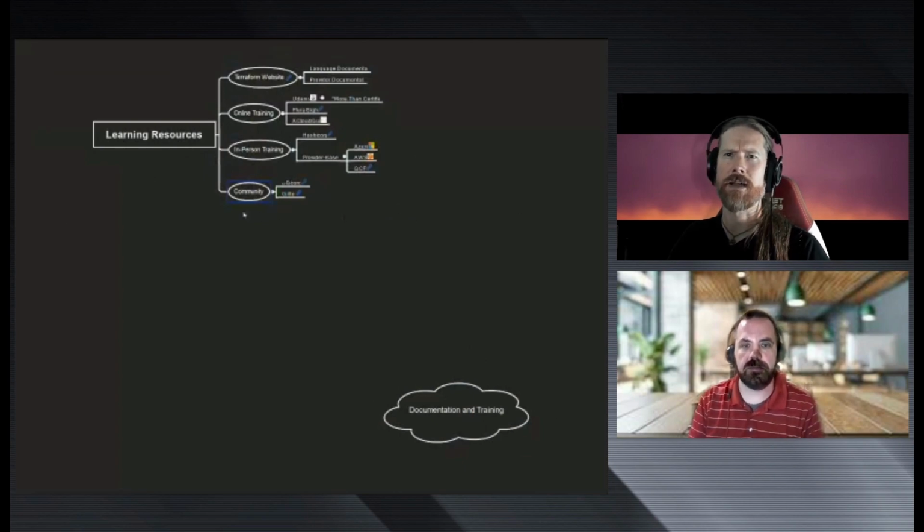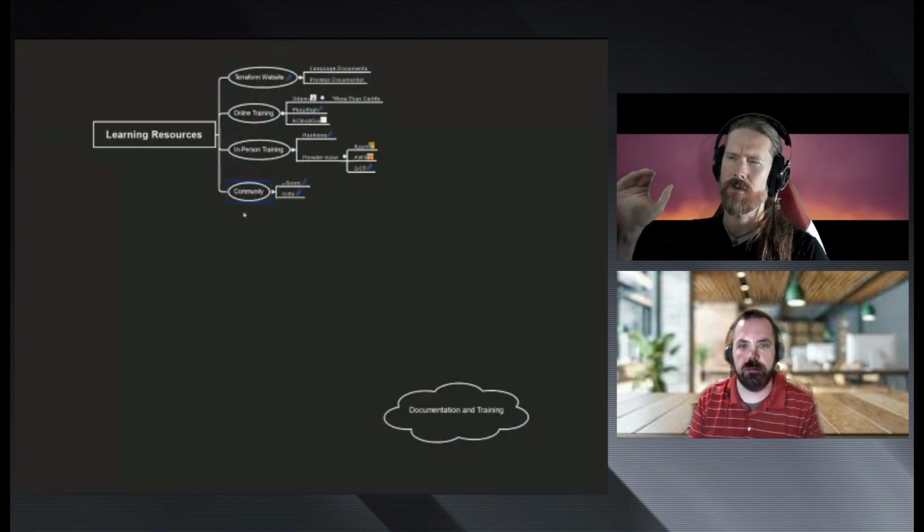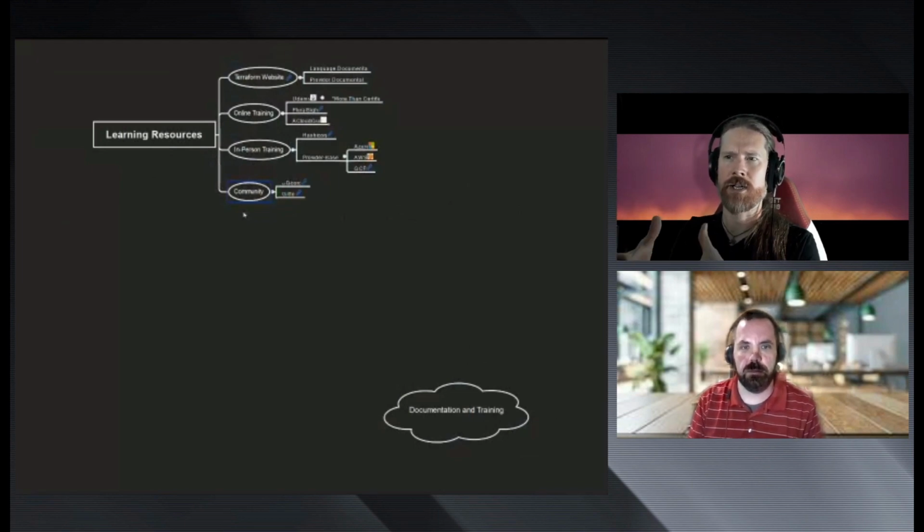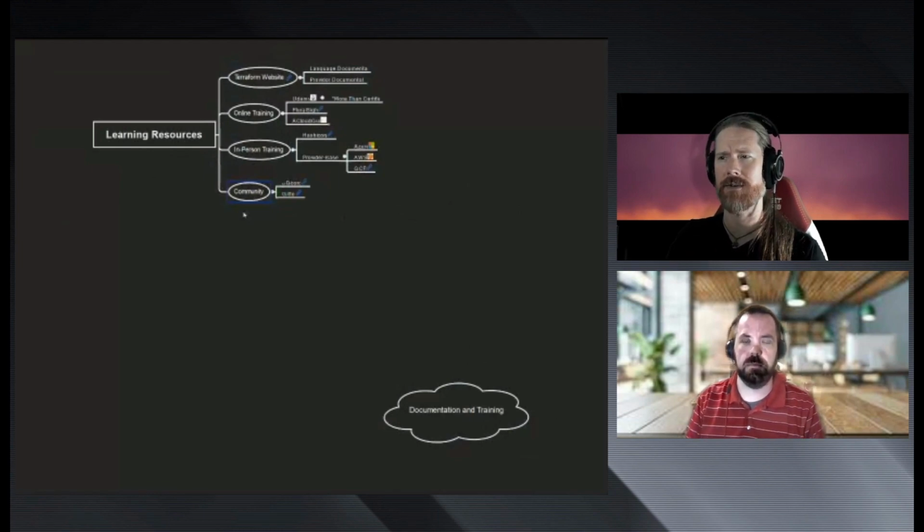Yeah, and it helps over time, because obviously anything that you learn, all of these things that we're talking about, the website, the online training, in-person training, all of these are fairly static in that the point at which you gathered that training was only relevant to the current times, the current versions, etc. If you're part of a community, then you have a more dynamic access to that training material. So it just gives you a way to continue the discussion with people so that as things change, as your strategies adapt, you have a source that you can always go back to and get fresh ideas.